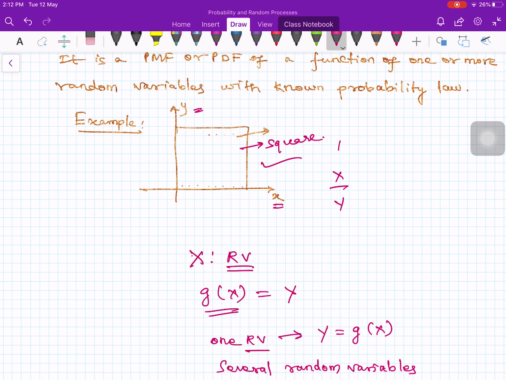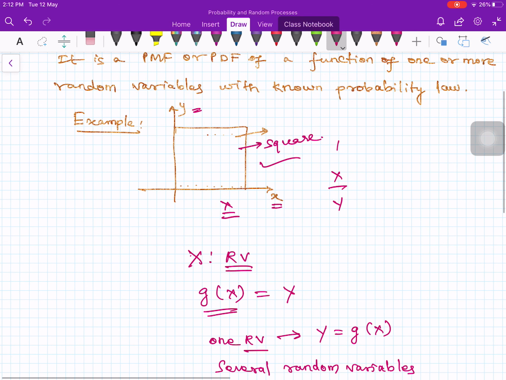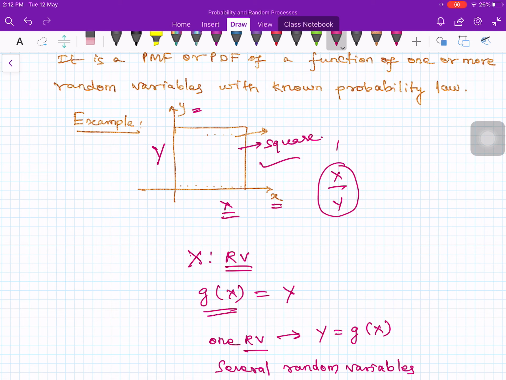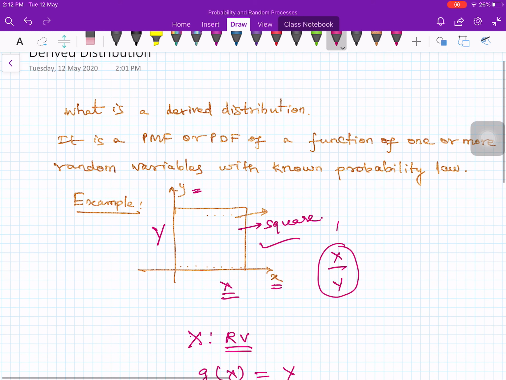In the x-axis we have the random variable X, in the y-axis we have the random variable Y, and you want to find the ratio of X and Y, and you want to find the distribution of this ratio. You can think of lots of cases where your random variable of interest is created by taking some other random variables and taking a function of them, and so it is legitimate to care about the distribution of that random variable.